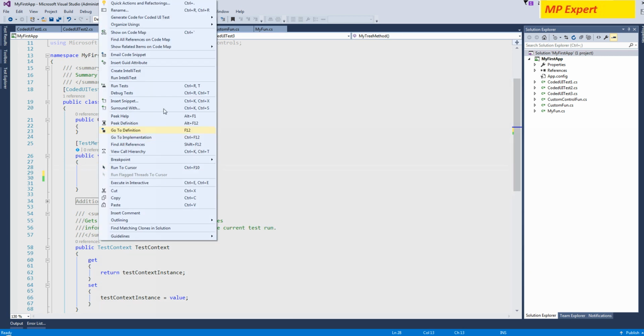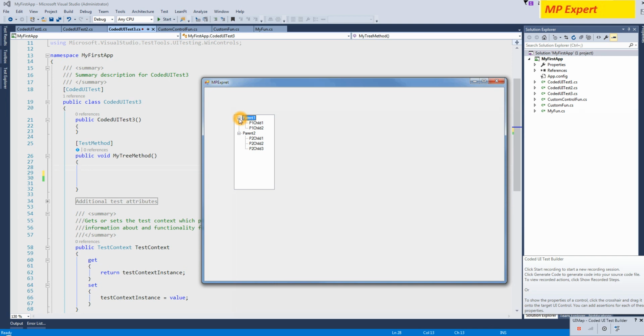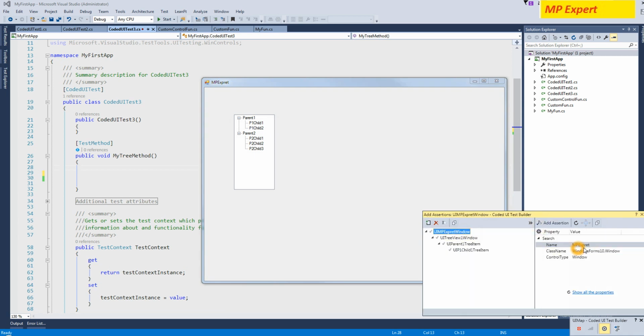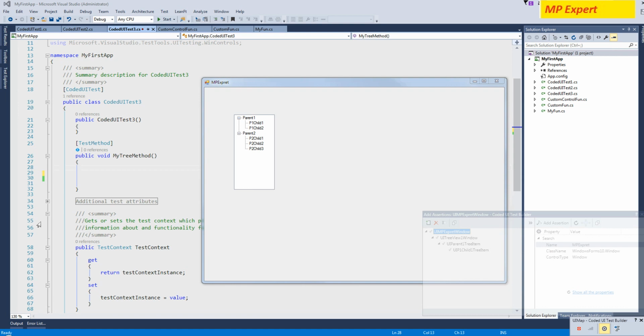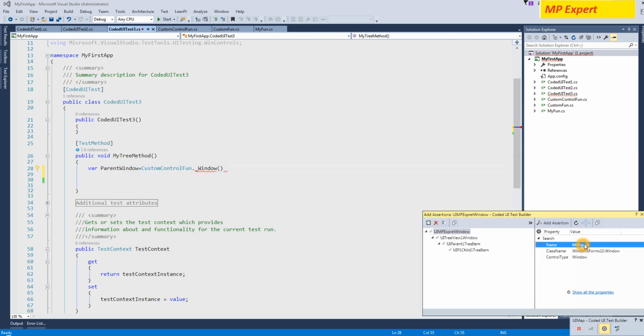First of all we have to identify the tree view control. We will see its structure, where it is. Firstly we have to create the instance for the parent window itself. So we're gonna make a variable parent window, and for this one we're gonna use our old method which we already made for our windows, the custom control function window, and then we have to pass the parameter. Here the name of the window is MP expert,